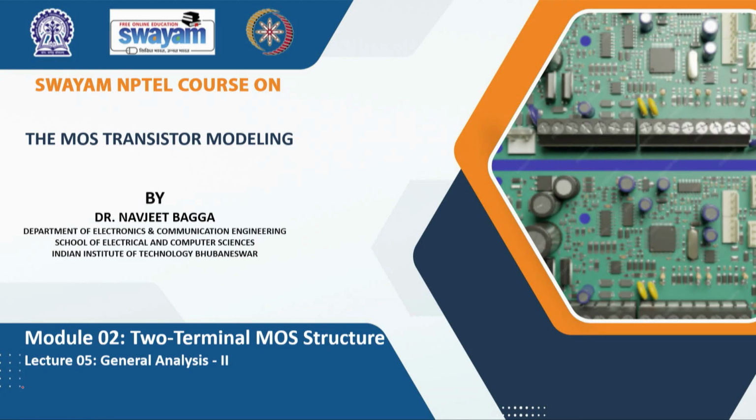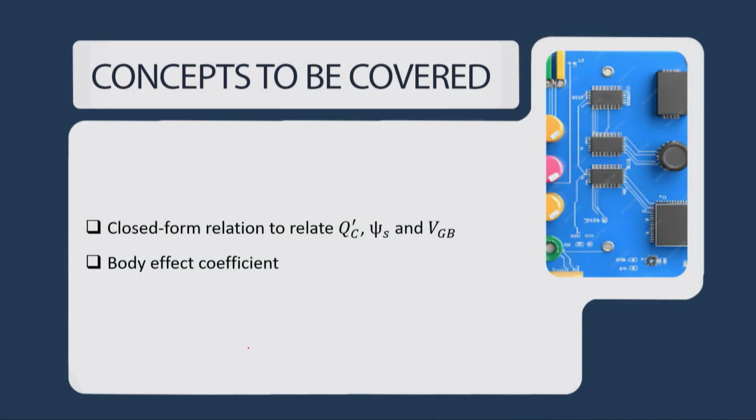We are in module 2 and we are discussing two terminal MOS structure. This is lecture 5, general analysis 2. In this lecture, we are going to discuss a closed form relation between QC dash and psi s, related to the applied VGB. Meaning,